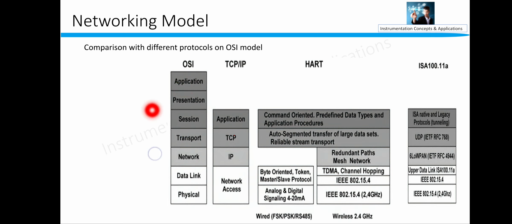As we know, the OSI model is this one, and we are very familiar with the TCP/IP, that is the Ethernet protocol, and in that the data link and physical layers form the network access layer, and the network layer is the IP, IPv6 or v4. Transport layer is TCP, and the session layer is the application layer. In case of HART, that is very important. In case of HART, if we are using a wired HART technology,